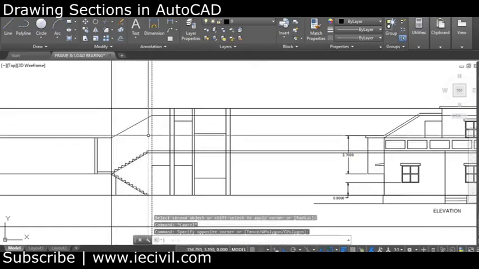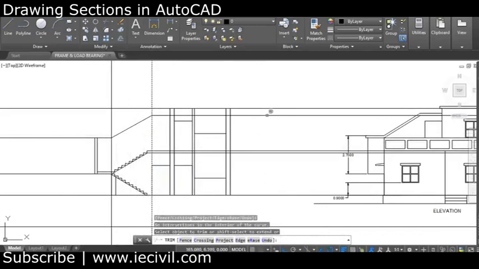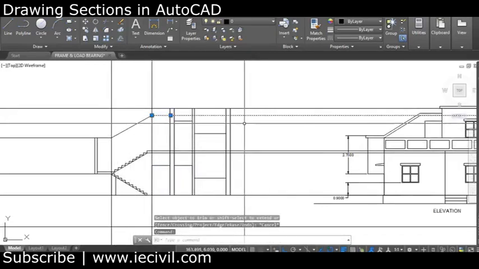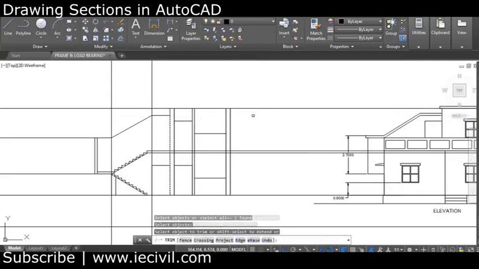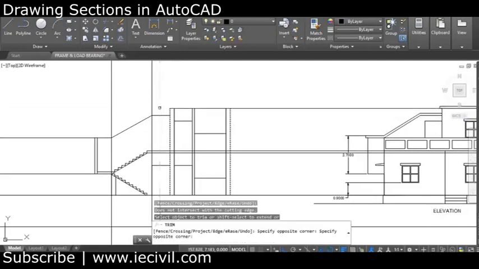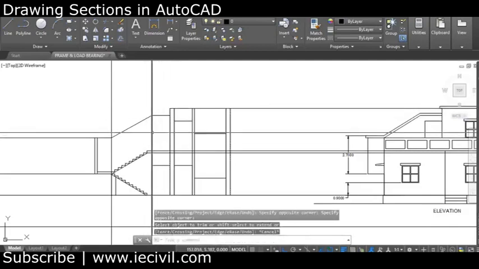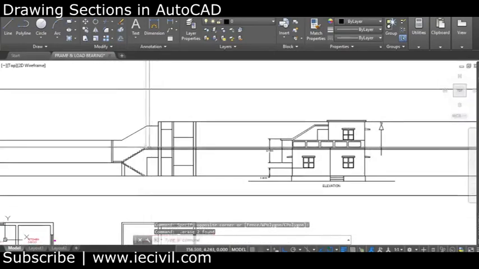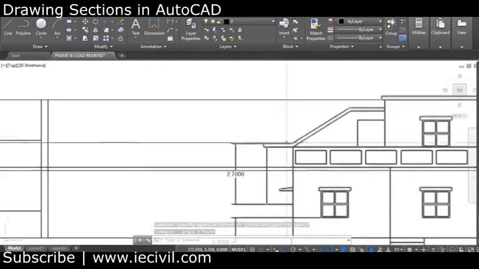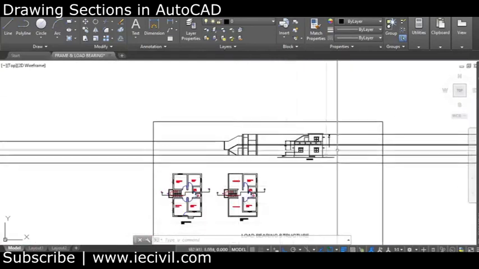Let's trim the excess part of those lines. I don't need these lines as well. So this is done. What I need now is this to show this offset, as this is also cutted by